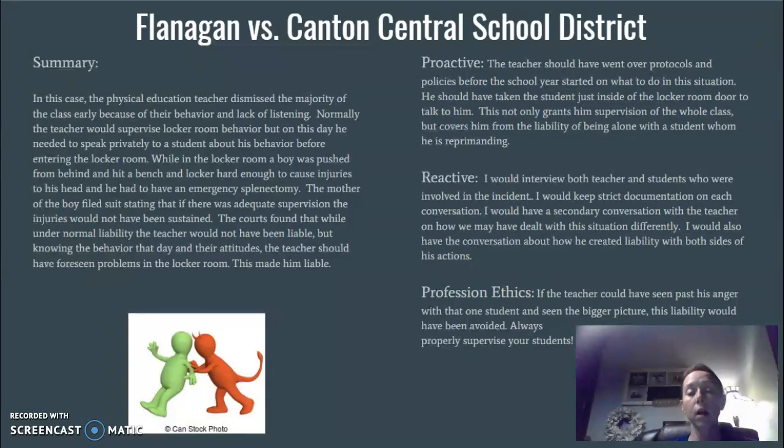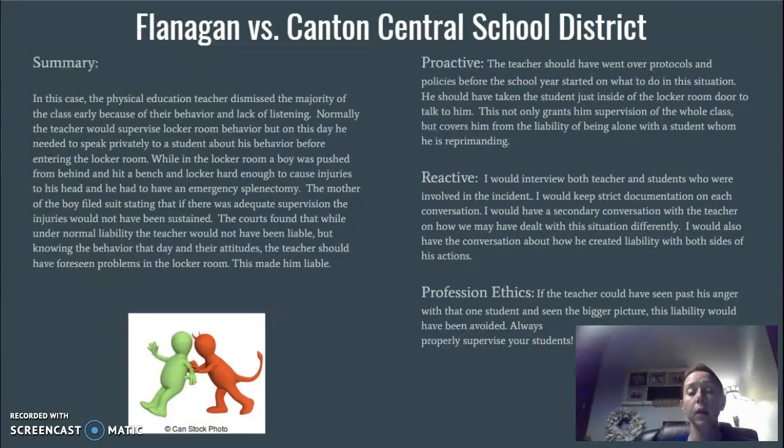While in the locker room, a boy was pushed from behind and hit a bench and a locker hard enough to cause injuries to his head, and he ended up having to have an emergency splenectomy. The mother of the boy filed suit stating that if there was adequate supervision, the injuries would not have been